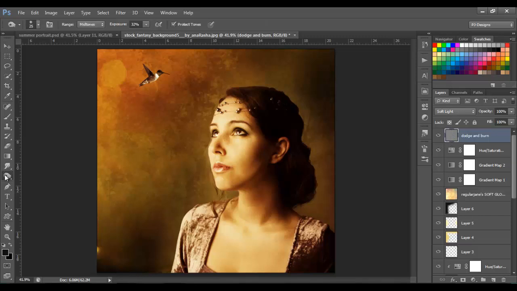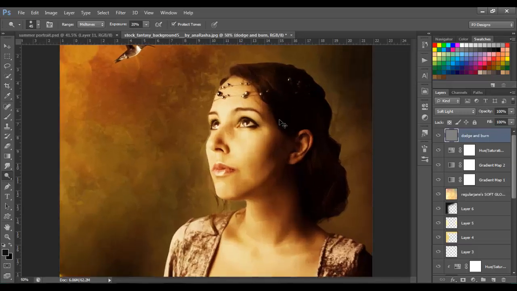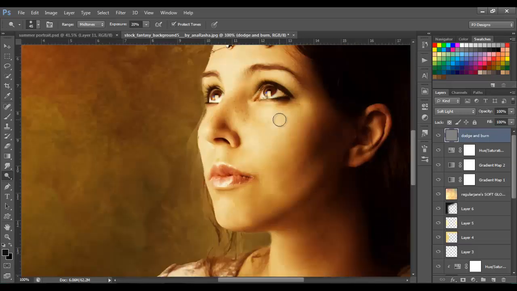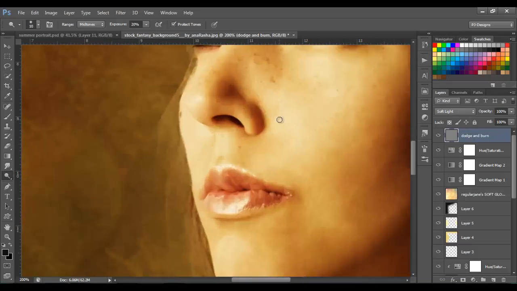Now let's choose the dodge tool with 20% midtones, and I'm gonna lighten some areas. This is gonna take time, so